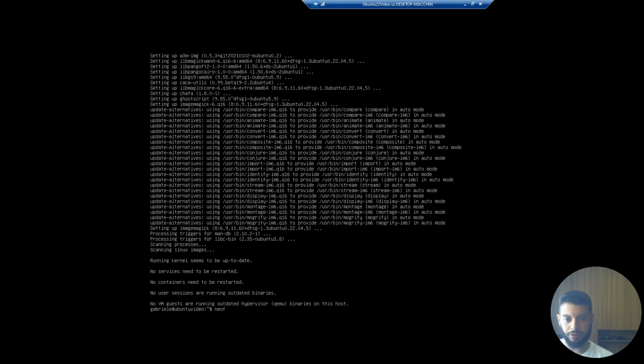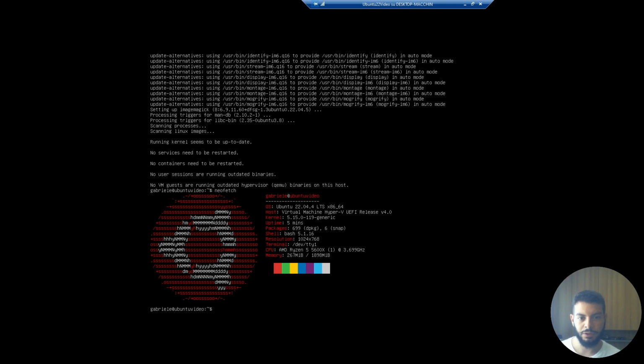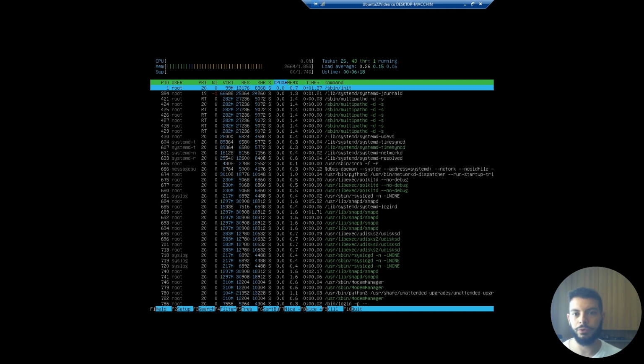So let's run what I just installed, and you see that we have the hardware of my actual computer, that is the AMD CPU, and the RAM is a bit less than 2 GB, because if I run this, I have also the swap.